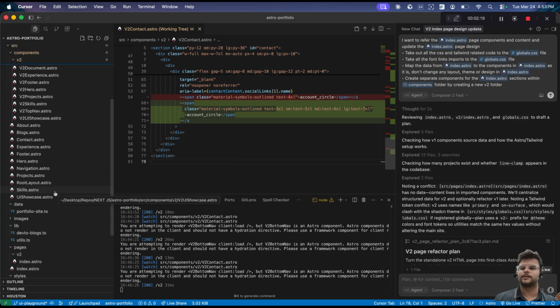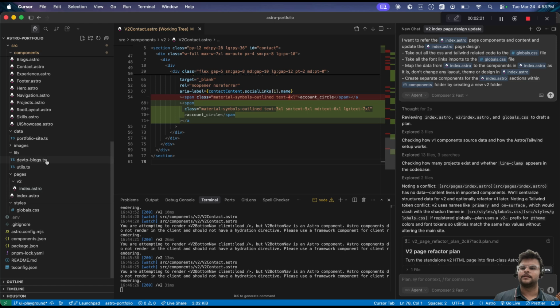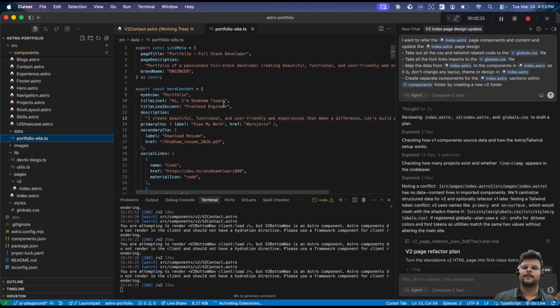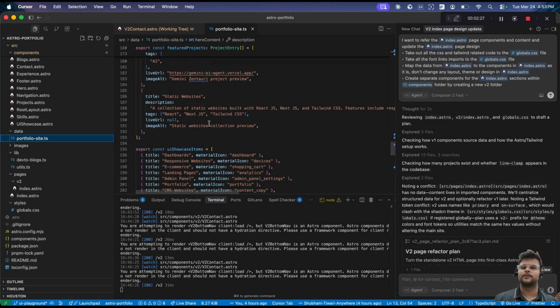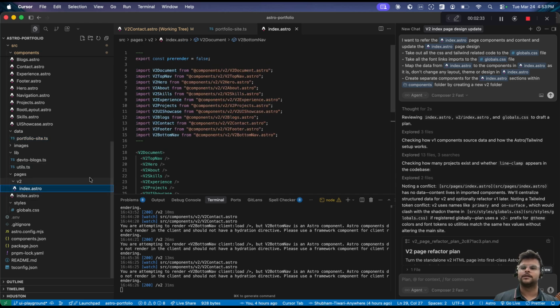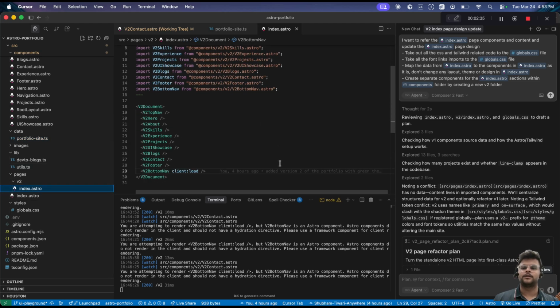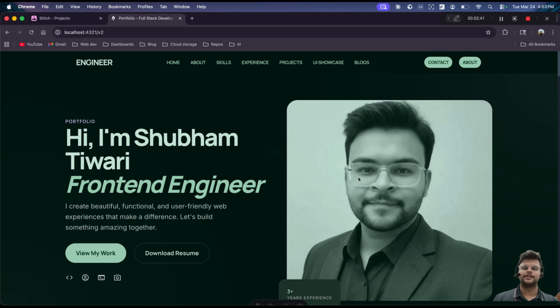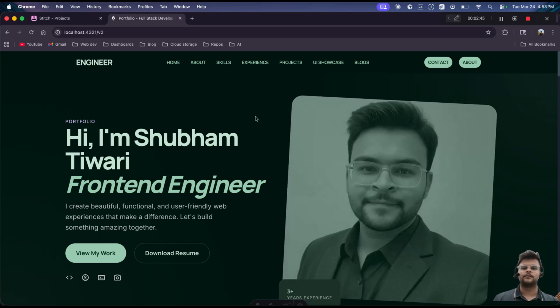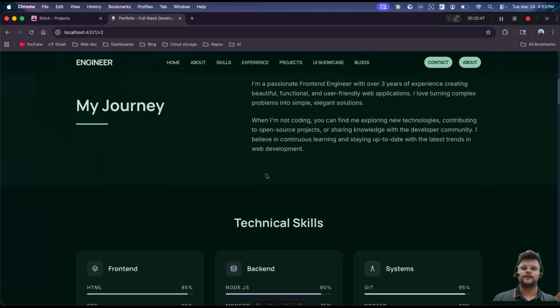So these are all the components it created. Then this is the JavaScript data it created, which is mapped to that template HTML. And finally it created a version 2 route, imported all of those components, and this is the final result. So it just mapped the template with my data. The UI is almost the same. So this is the final result,